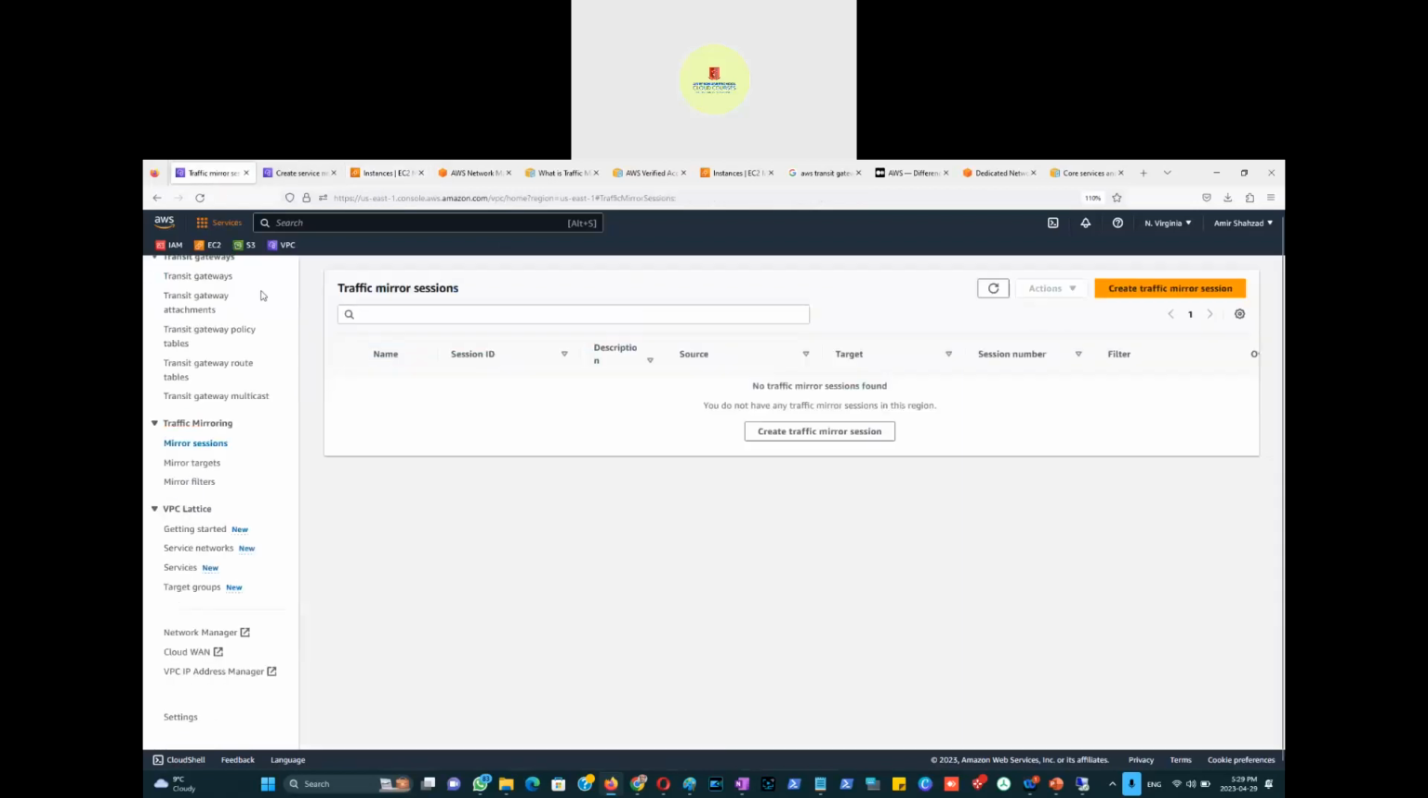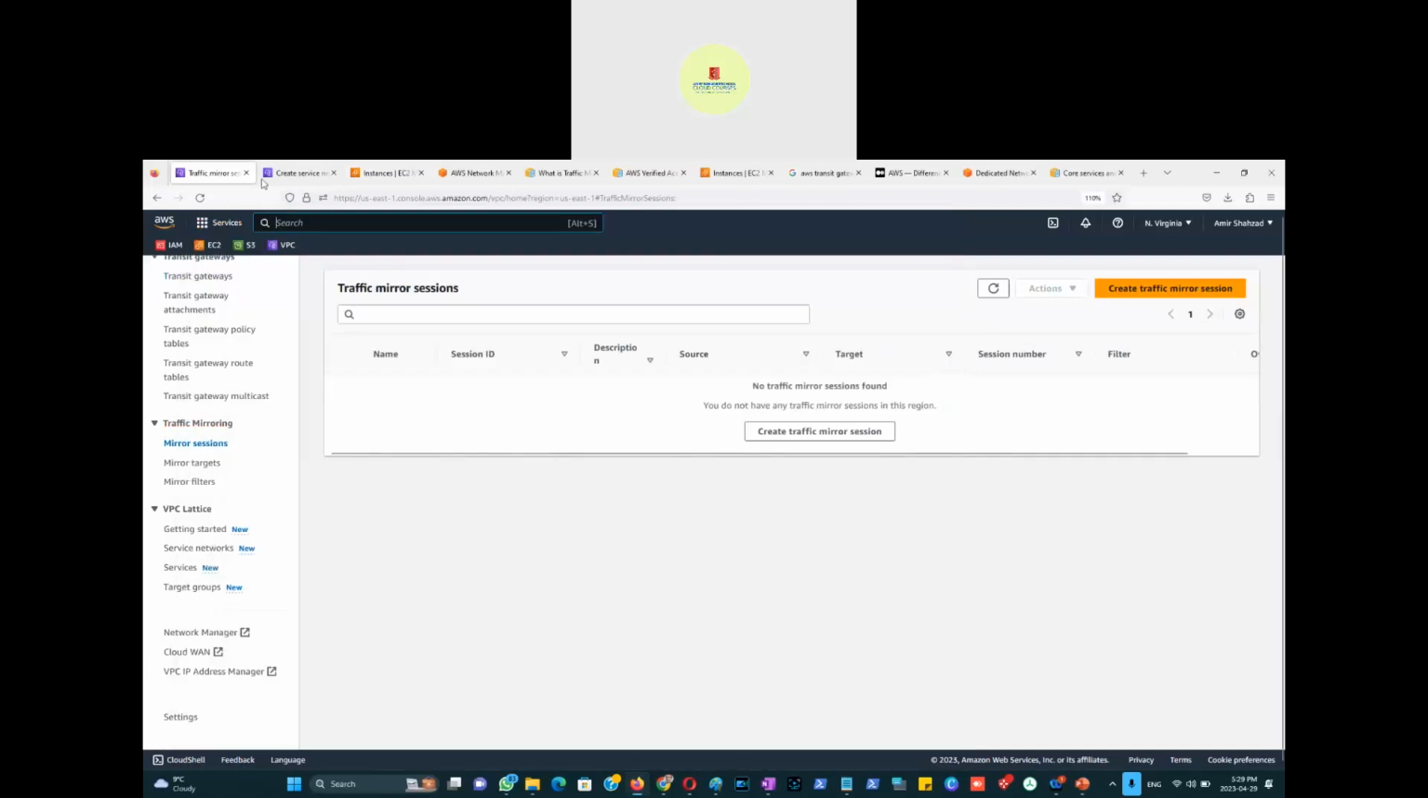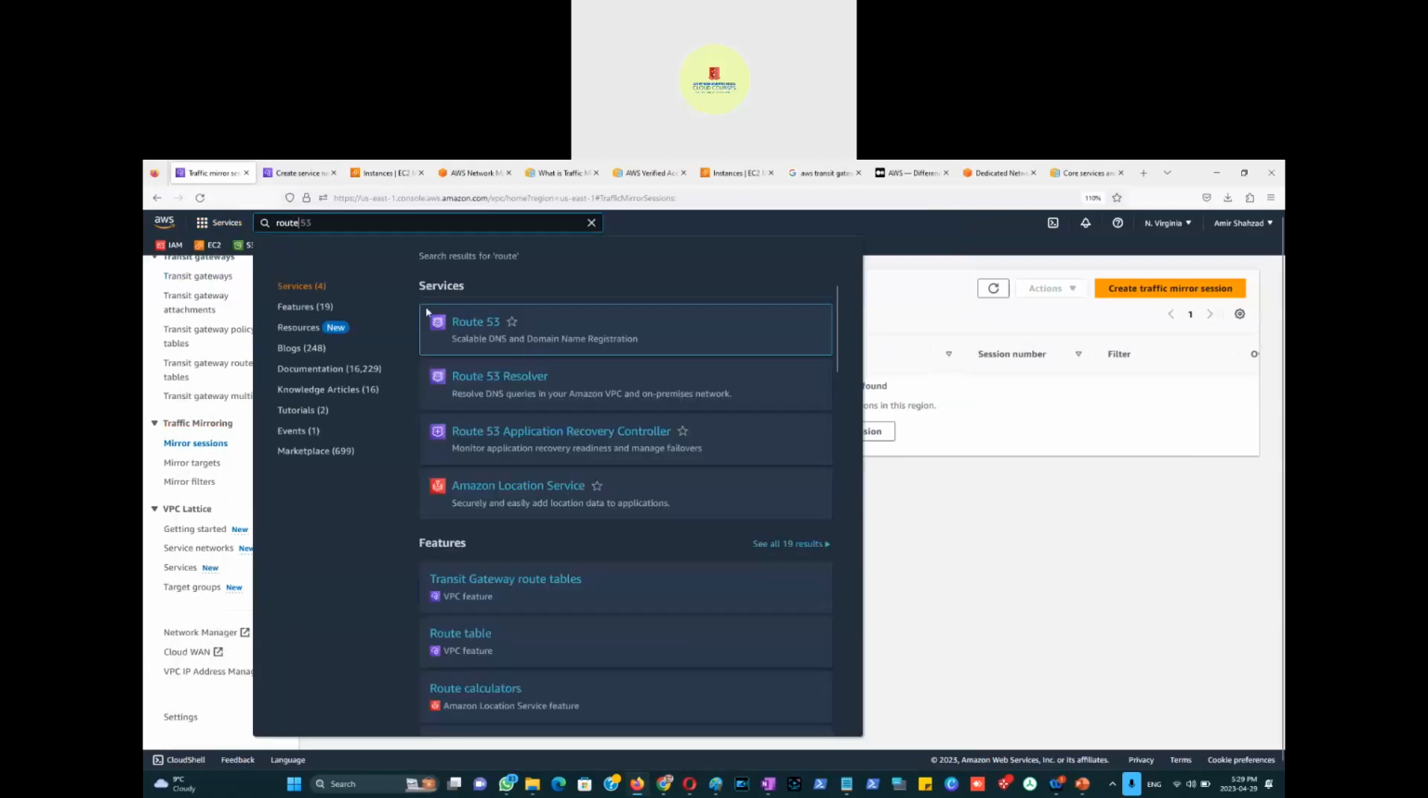This is going on. If I go to Route 53 first, okay, so instances are deleted. Good. So if I go to Route 53,